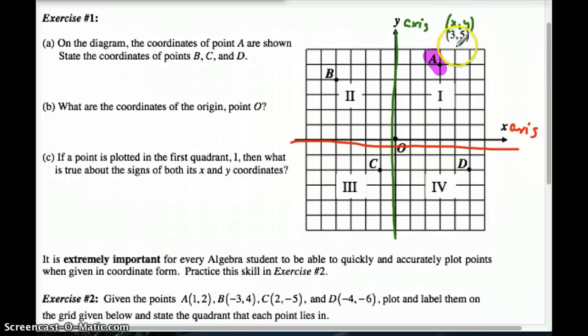Well, every point has a name, and every name of the point has an x-coordinate and a y-coordinate. So the x-coordinate tells you where you're going on the x-axis or horizontally. So in this case, we begin at point O, the origin, and we go 1, 2, 3, right, positive 3. 1, 2, 3, 4, 5, up, positive 5, vertically. And that's where you get your (3, 5) from. Okay? So, a couple more things I just want to point out, and then you can graph the other